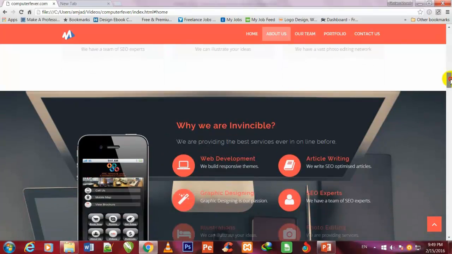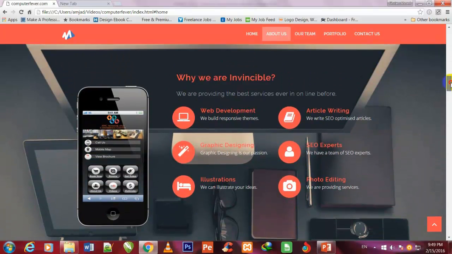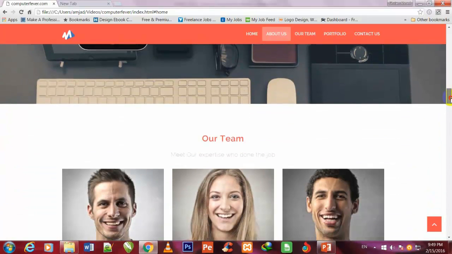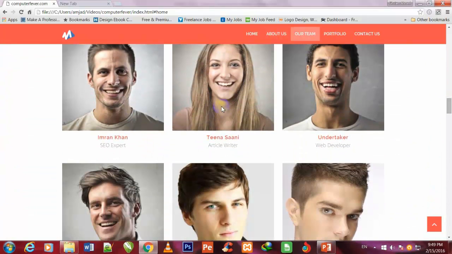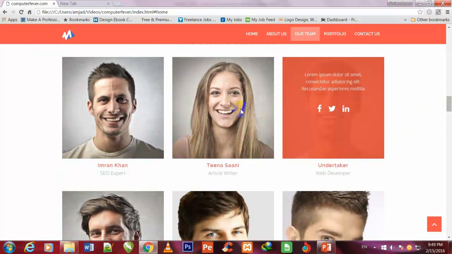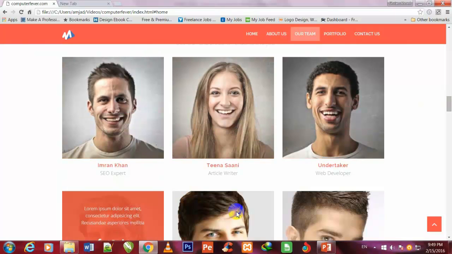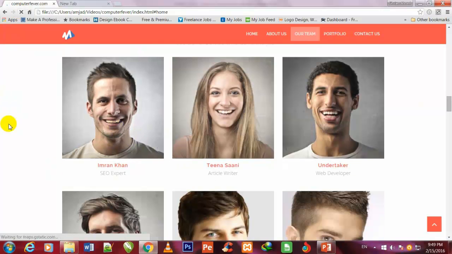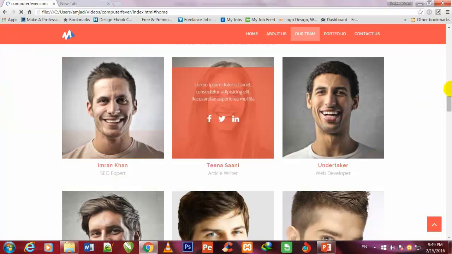So if I scroll down, and this is the why we are invincible section, I come down and this is our team section, and you see that these are the hover effects of this our team section images, and I have also run the animation on them. If I refresh, then you can see the animation and transition.